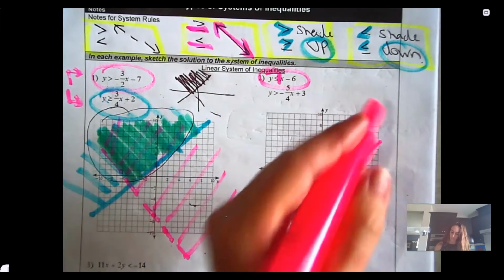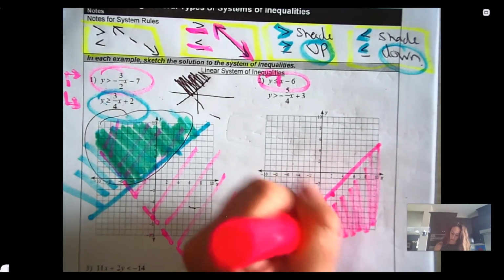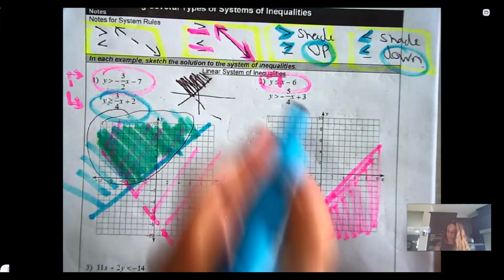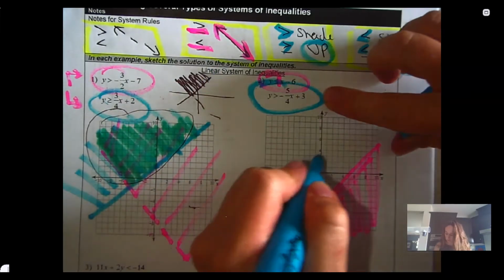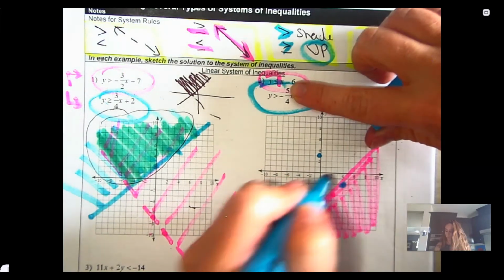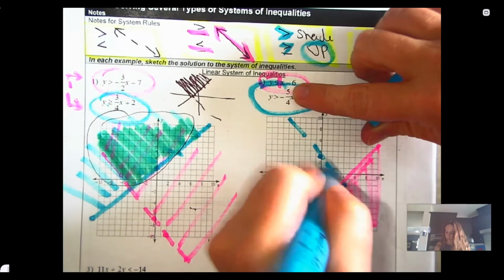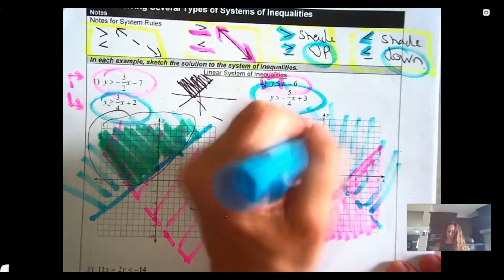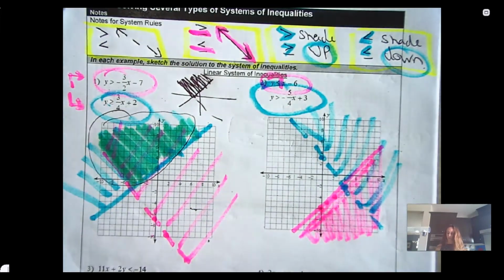Okay? Less than. And notice how I like the different colors, because then I can see where they overlap. This one. Up 3. Down 5, right 4. Dashed. Greater than means shade up. Now, my actual answer is